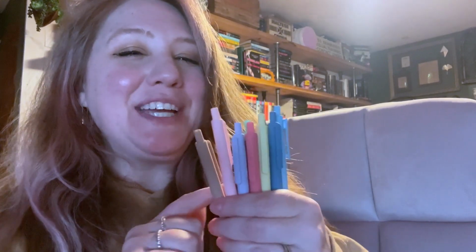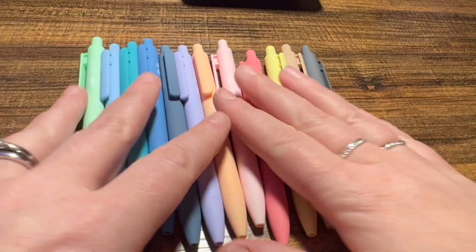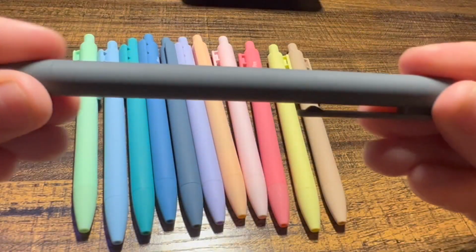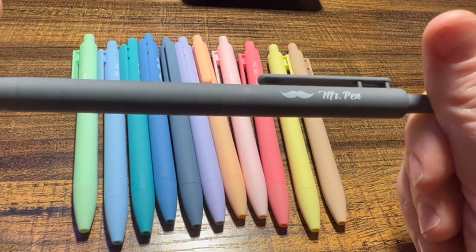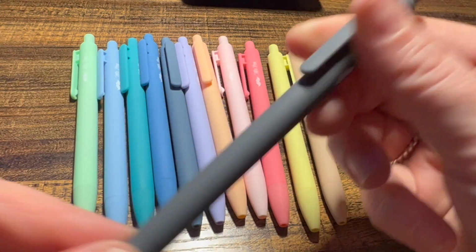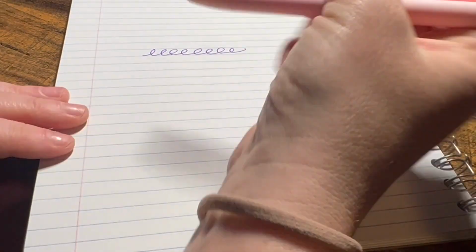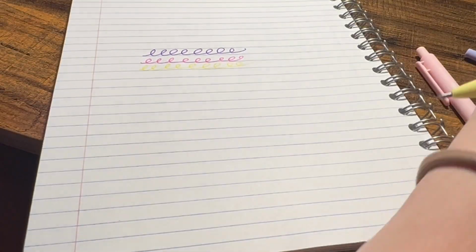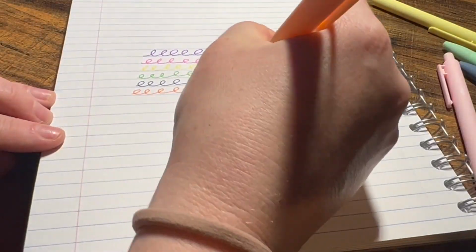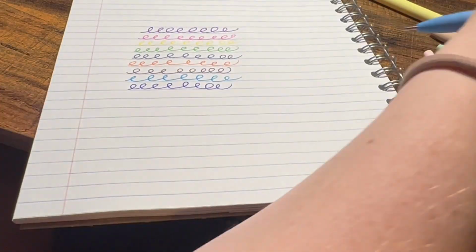I have found some of my new favorite pens by Mr. Pen. This 12 pack of pens is so fun, and I love all of these beautiful pastel colors that the pens come in. They are so smooth and feel fantastic writing with in your hand. I love all of the different colors that these pens come in, and I love that they are this amazing,